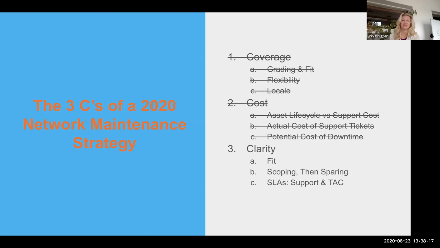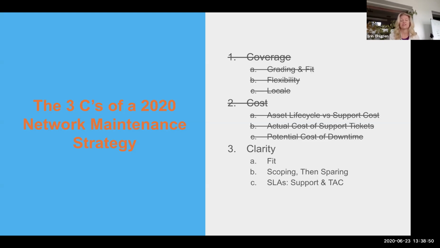Right. It really is having the conversation with them, working through the grading system and going through a pricing exercise where we literally go side by side. This is what the cost of OEM support looks like. This is what the cost is for third-party maintenance. And you can usually see that it's dramatically lower. Then they can start to move through those grades, right? What will it look like if we just do our grade 1 items through third-party maintenance? What if we pull in a little bit more from our grade 2 and take a look at how that lowers the overall operating expense?